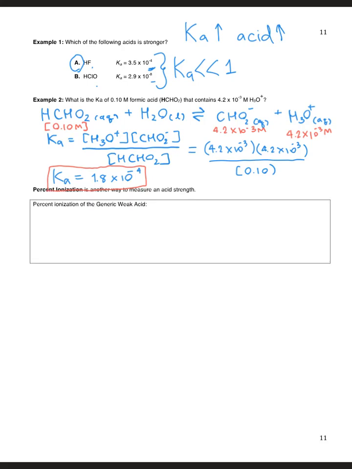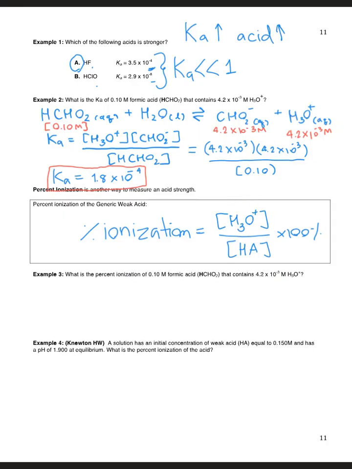Percent ionization is another way to measure acid strength. The formula for percent ionization is the concentration of hydronium ion divided by the concentration of weak acid, and then multiplied by 100. It tells you that out of the weak acid, how much is dissociated to give off the hydronium ion. Let's take a look at example 3 for percent ionization. In order to calculate this,